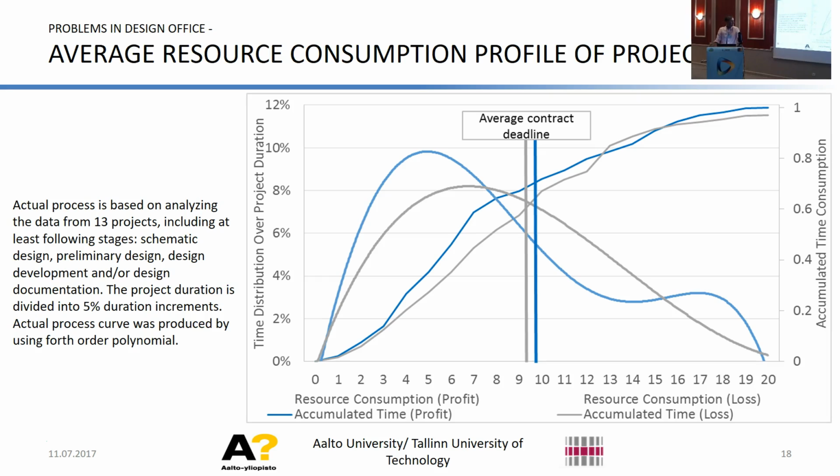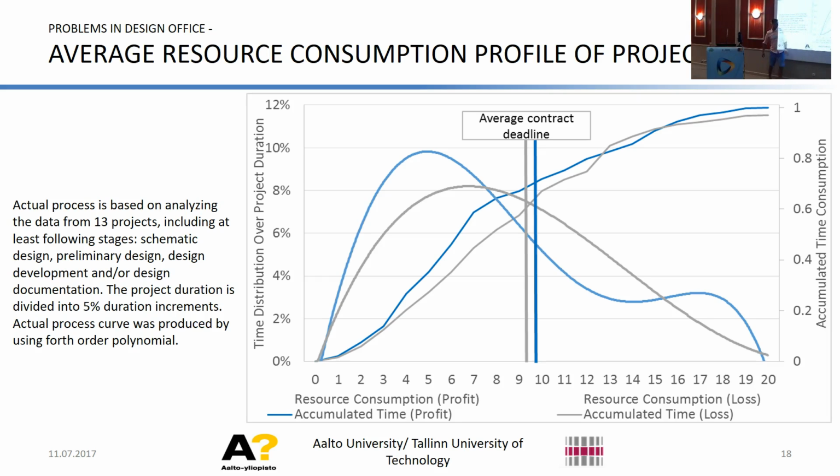So then we took the same data to understand what is the typical life cycle of a design process project. And you can see 2 curves. The gray curve shows the projects that were in net loss after the project ended. I mean, they lost money on this project. And the blue one shows the typical resource consumption curve for the profitable projects. Not too much different, but you can see the lag extending after the contract deadline. So here we got the average contract deadline for different projects.